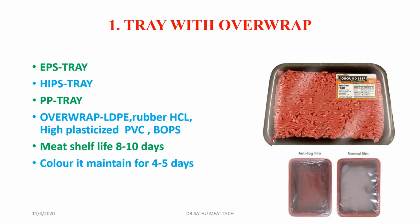Inside this tray, we'll keep the meat and the meat products, and it is covered with another cover that is called an overwrap. This overwrap should be transparent, so it is easy for the consumer to see the product. In the case of fresh meat, especially the red meat, the overwrap should allow sufficient oxygen to get in, so it can form oxymyoglobin. The overwrap that is commonly used for the meat is LDPE, rubber hydrochloride, highly plasticized PVC,